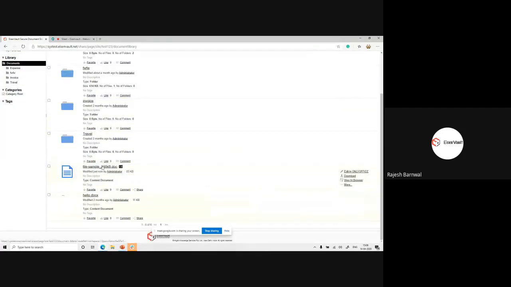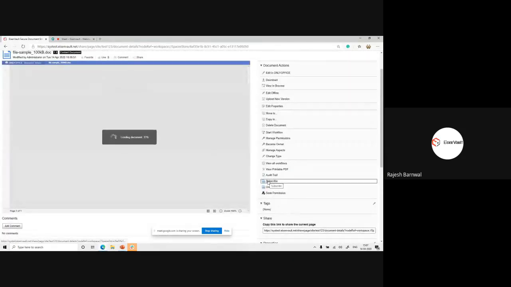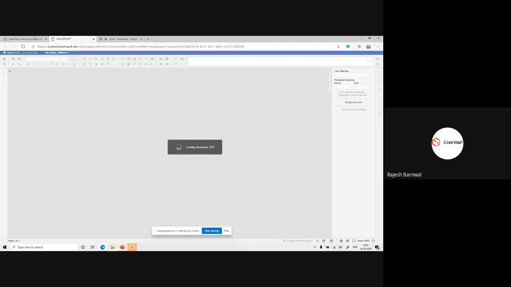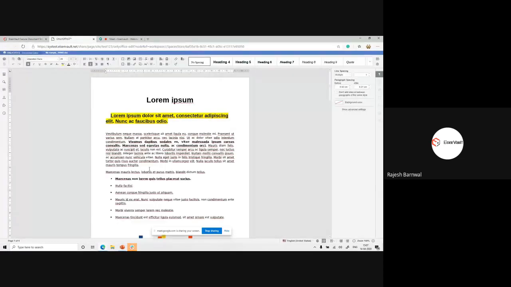So this is the file. Let me subscribe to this document. Now I'm subscribed. Let me edit this file, and the admin will get a notification because this is subscribed to admin. So admin will get a notification once the changes are made.